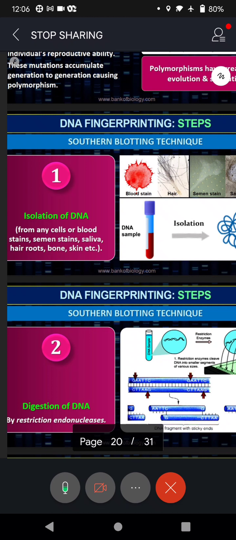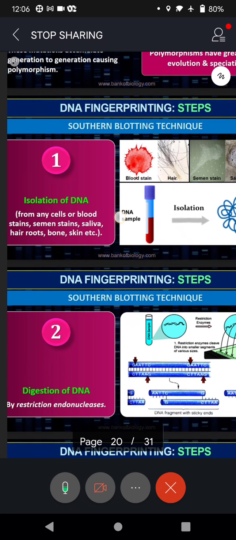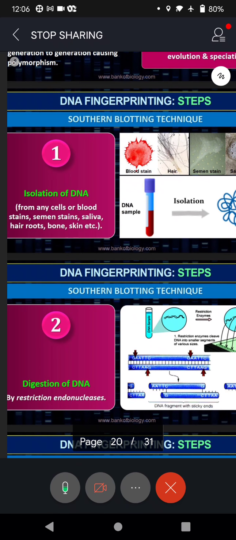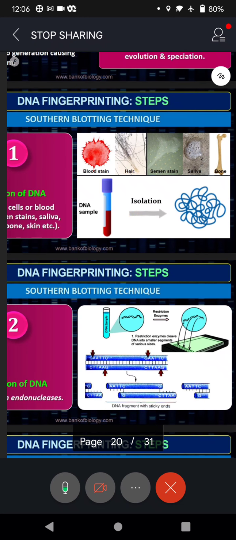Normally, in a crime scene, since there will be a lot of fighting, maybe somebody has used a knife, someone has hit with a stone, someone physically beaten, so there is bleeding from the mouth, bleeding from the nose, bleeding from the external body. So one drop is enough for us. And then during rape cases, one drop of semen stain is also enough. Saliva is enough. Hairs, bones, skin cells, look at that. Any one is enough to catch the culprit. Out of all, any one. And from that, isolate DNA.